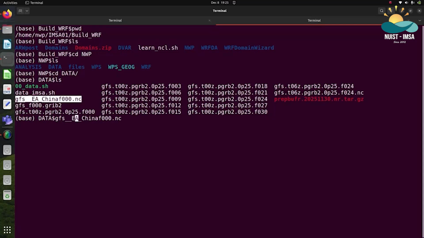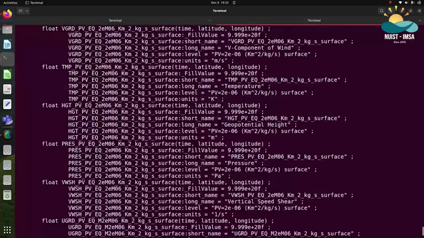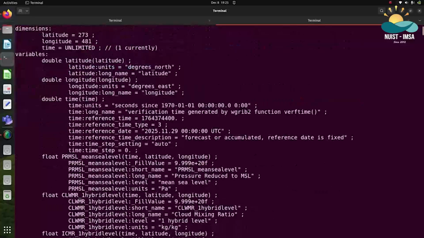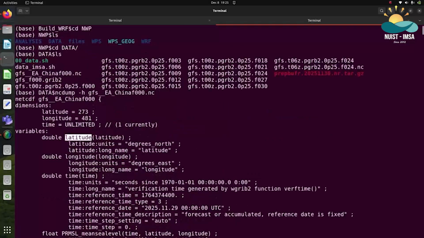We used ncdump. We were able to see this file, and we were able to find several variables here. We have the float longitude and latitude. It has 273 grids on the latitude box. So basically the data that I've downloaded here is data for East Africa all the way to China. So we have basically just demarcated that latitude width from East Africa to China into 273 segments, and the longitudes have also been designated as,